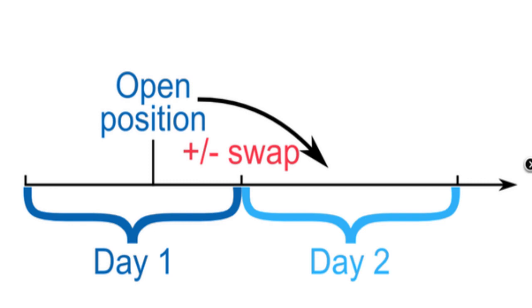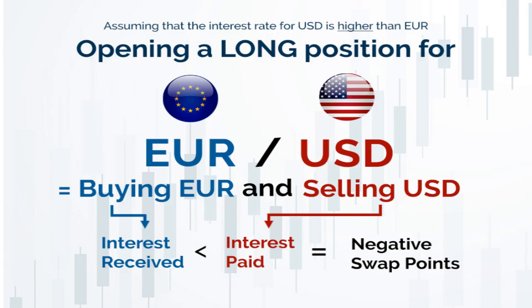For example, if I buy EUR/USD 1 micro lot, then I'll be selling 1210.10 units of US dollars and buying 1000 units of euro. For that 1210.10 US dollars, I need to pay out an interest, and also I will get interest for that 1000 units of euro which I bought earlier.